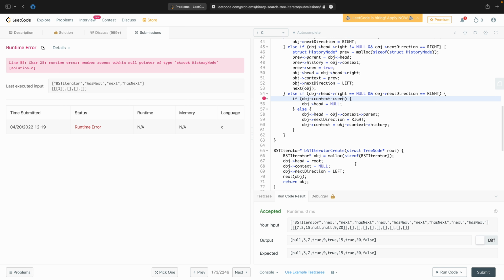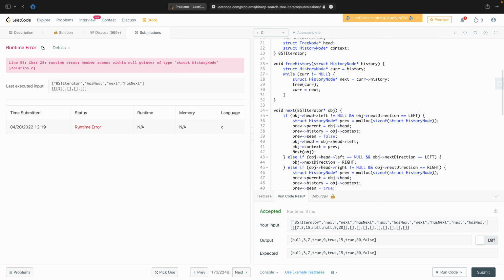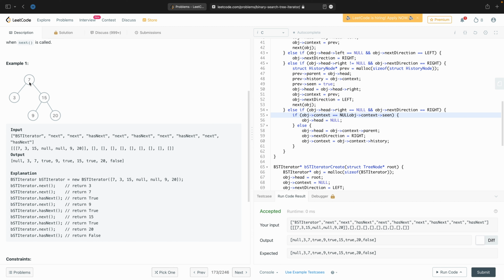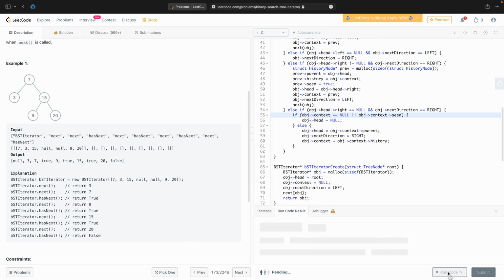So the tree is just a single leaf. If obj context is null, oh, I see. So the case here was we're at the top of the tree and we're asking to go next, and I'm checking, well, I can't go right. Have I seen what the parent is? Obviously there's no parent. So that's an equally valid condition in which to stop. So I've inserted the one we failed on